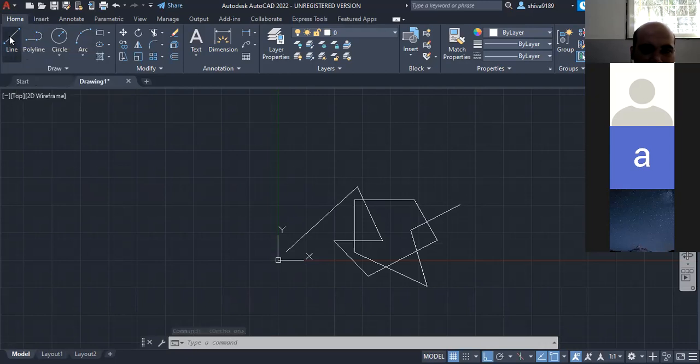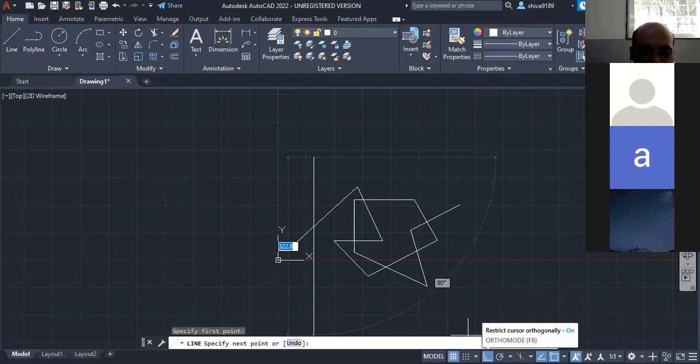Once I have turned ortho mode on, I can make only horizontal and vertical lines. I can't make an inclined line. But if I want to make an inclined line, I have to turn ortho mode off. Everyone clear?